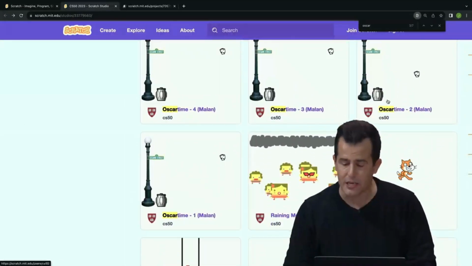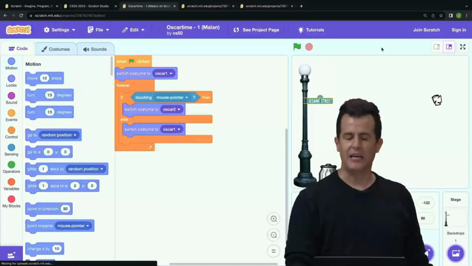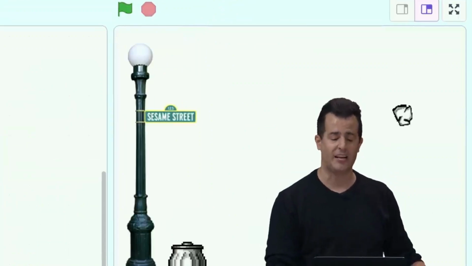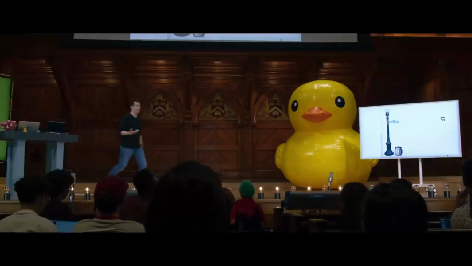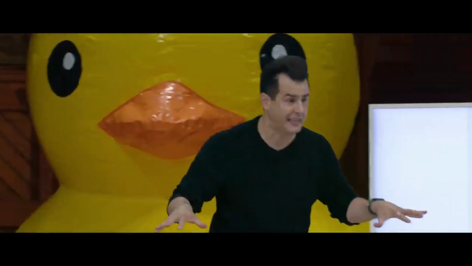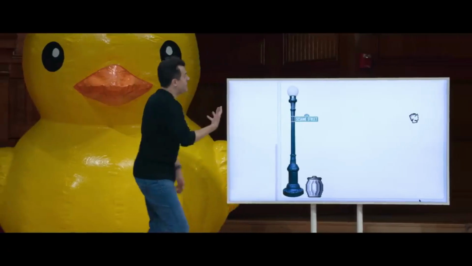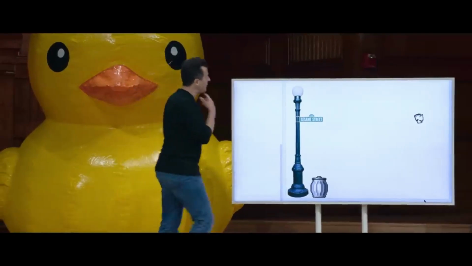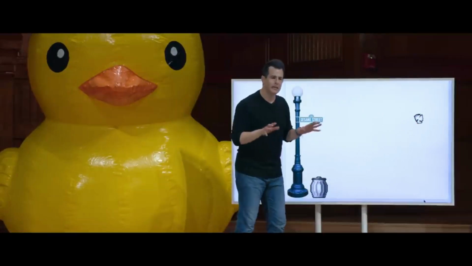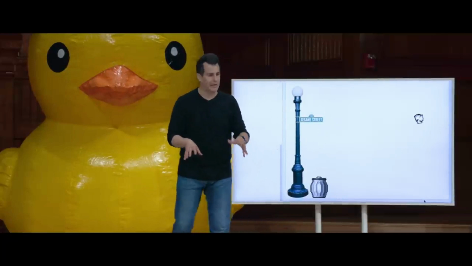So I will stipulate, let me open a few of these versions here, that the very first thing I did was pretty much just implement the stage, right? I was kind of procrastinating, so I poked around, I found the Sesame Street lamppost, and I dragged it into the world, and done. Version 1 is done. It didn't do anything, but at least I had the world sort of laid out. That is to say, I took a baby step toward my goal. Then I started thinking about, all right, how do I bring the trash to life, even if it doesn't do much of anything else? And so I created another sprite by clicking the appropriate button in that bottom right-hand corner,